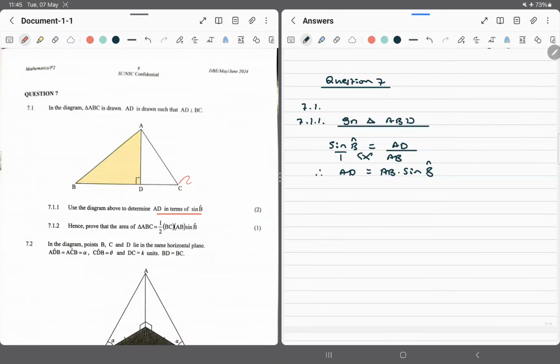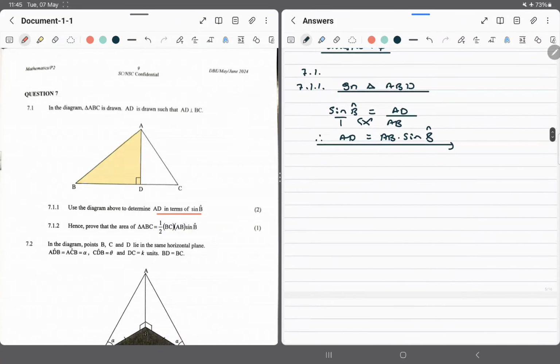This is when you're proving the area rule, by the way. So this is how it's done. They're making it easy because they could have just drawn this triangle ABC and then said prove this. Then you have to make your construction and then do your things. Anyway,